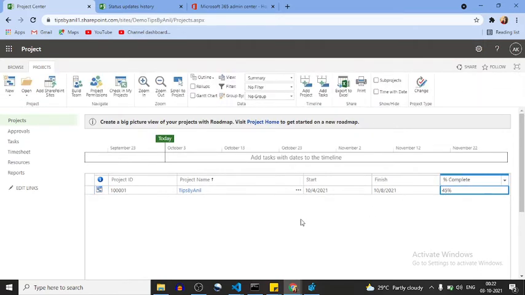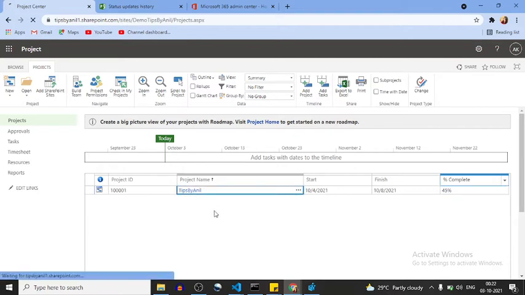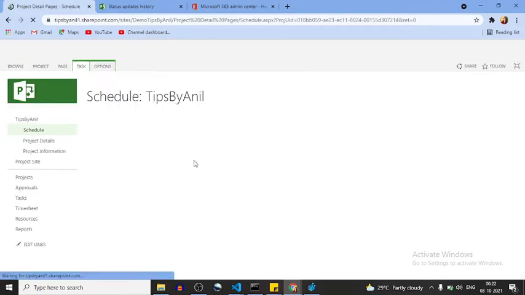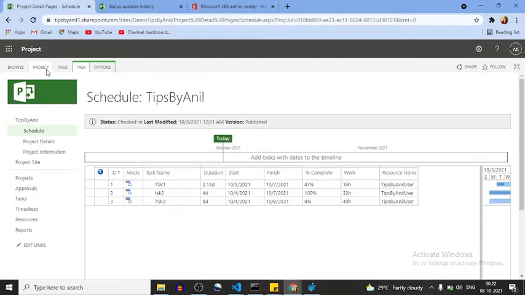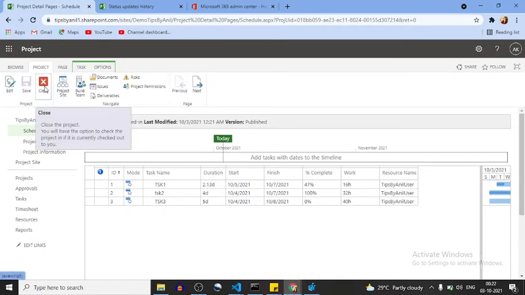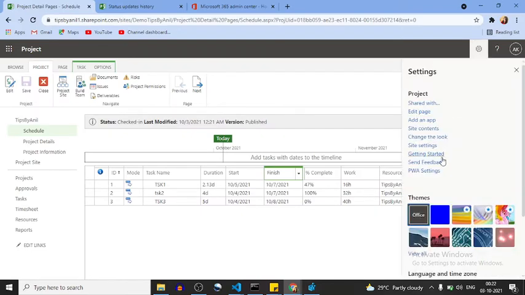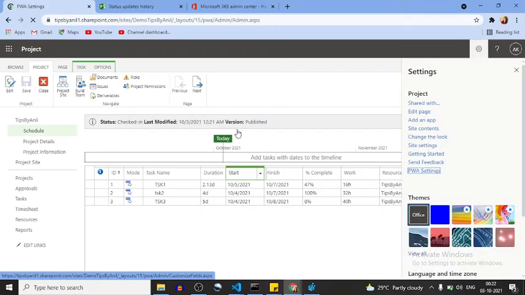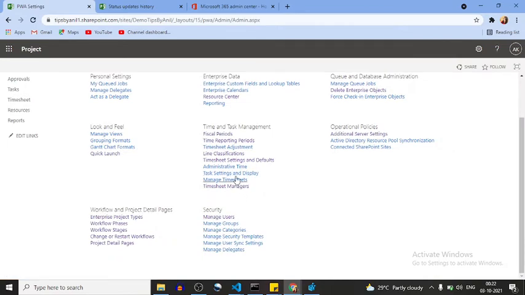So the good practice is whenever you are doing the scheduling, every time you have to check in your project. Just close your project, so that if someone wants to reflect the changes, if someone wants to publish their update, they can update over there. So what was in the setting, I'll show you in this setting, Timesheet settings and default.